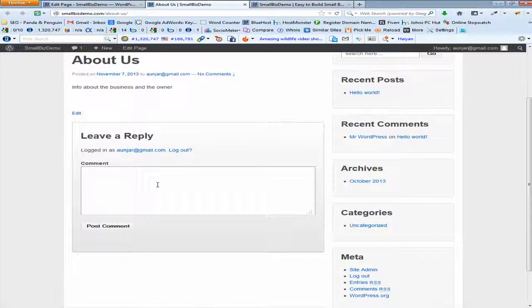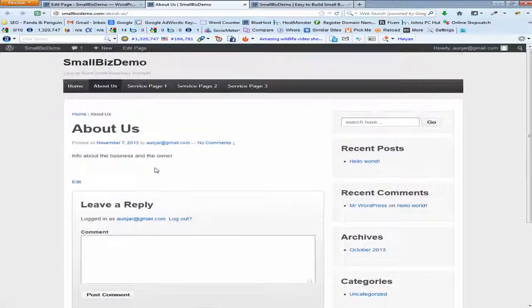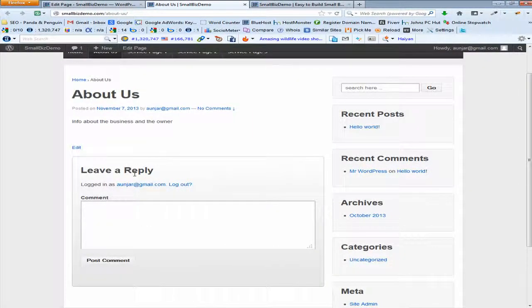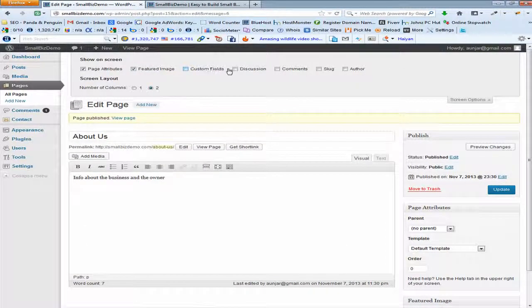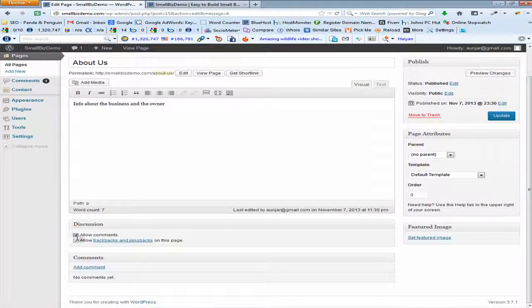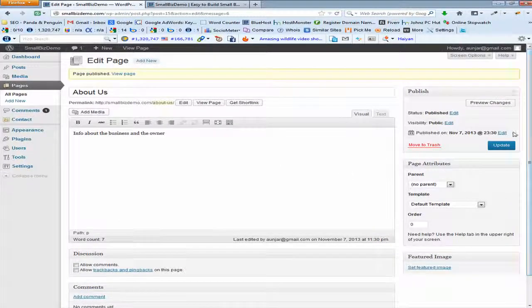One thing we're going to want to do for our About page, we don't want people leaving comments or anything on any of the pages, but just to show you how you get rid of this box, we'll close that. You simply come down on WordPress, you come down to the bottom. There's a Screen Options. We'll go ahead and show that. Discussion and comments, we'll click those to unhide those features, and we will unclick Allow Comments, and we will unclick Allow Trackback, and we will update. Once you've already created a page and you've published it, it no longer says publish, it now says update if you want to change it. So we'll go ahead and click Update,